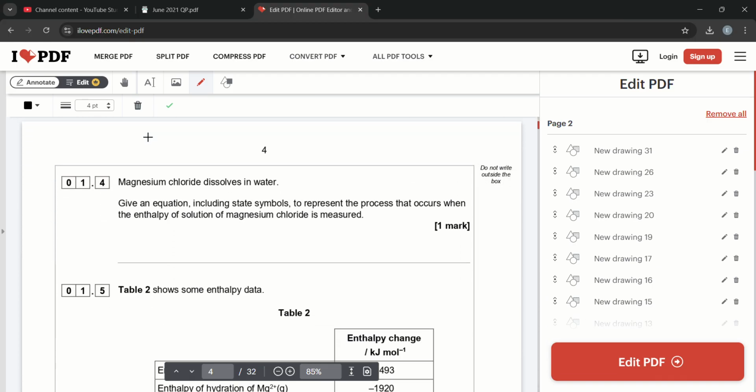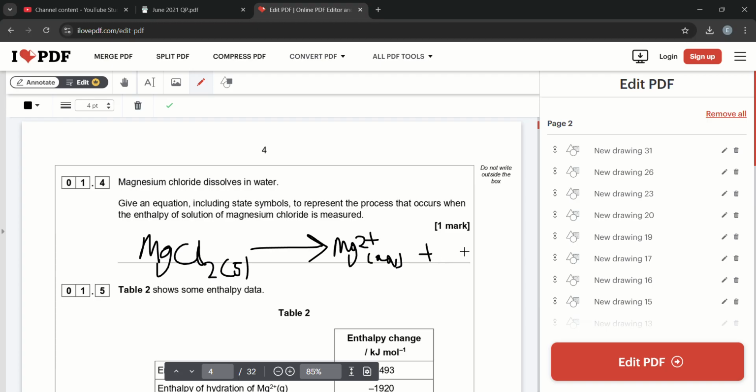And then 1.4 says magnesium chloride dissolves in water. And it wants us to represent a process that occurs when entropy of solution is measured. So it's going to be magnesium chloride, MgCl2, which is a solid, arrow, because enthalpy of solution, Mg2+ aqueous